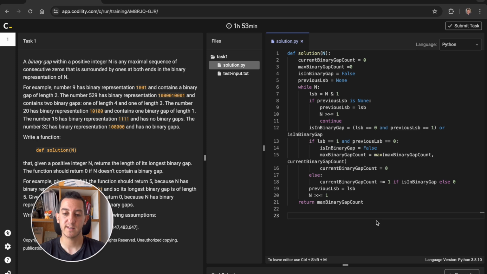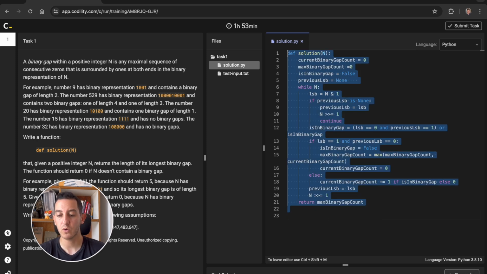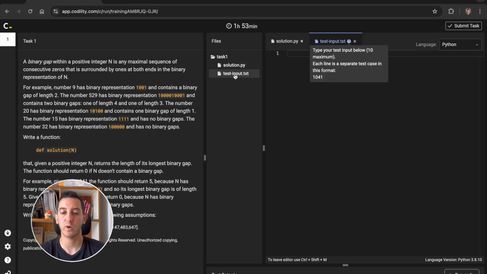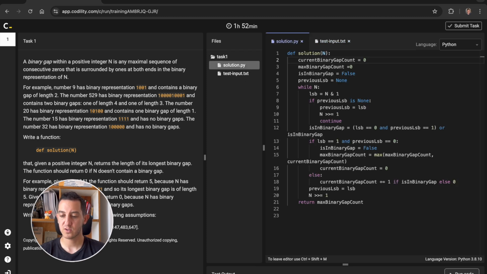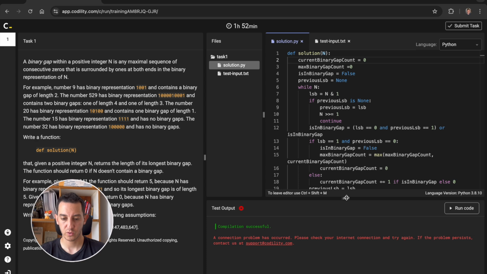So in order to test this code, when we run the code here, the program is going to run the tests that it has automatically, but here we can also add our own test cases. We should at least add the ones that are in the program description, which are 9, 529. What else do we have? 20, 15, and 32. And we also have 1, 0 for 1. Right, so with that being done, let's run the code and see what it's actually making.